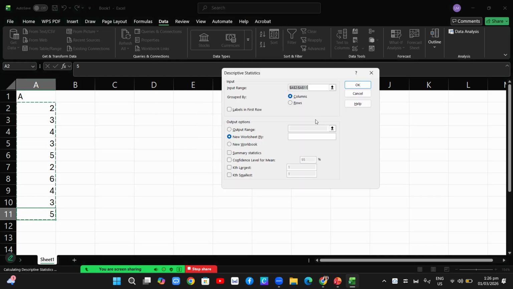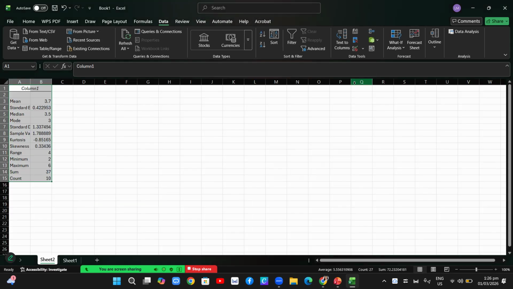Okay, so let's choose summary statistics. We forgot to put summary statistics. The confidence level for me is 95%. So I already clicked the summary statistics and you press OK.